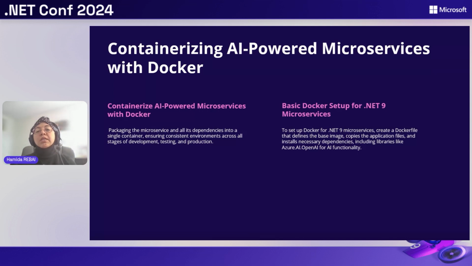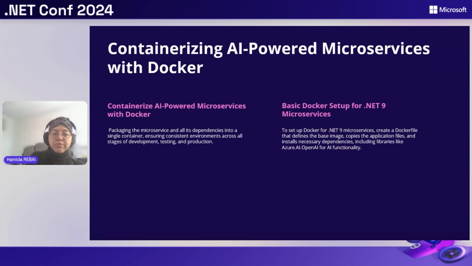So the process typically includes creating a Docker file. So we need to create a Docker file, setting up the necessary configuration, and build the Docker image. For AI-powered services like those, in our case, we use Azure OpenAI. We need to ensure that required libraries and environment variables, such as API keys in this case, are included in your container. So Docker ensures that these services are easier to scale, manage, and deploy across cloud platforms like Azure